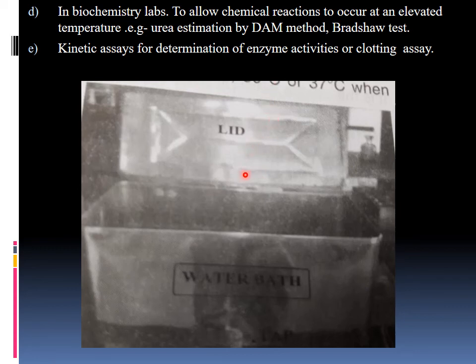Here we can see a water bath. It is always provided with a lid, and this is where the water is. First of all we switch on the power switch, and then we heat it to that temperature. We place the thermometer to record the temperature. When we attain the temperature, we immerse the rack in the water, and we definitely close the lid as far as possible, otherwise the heat is going to evaporate out.